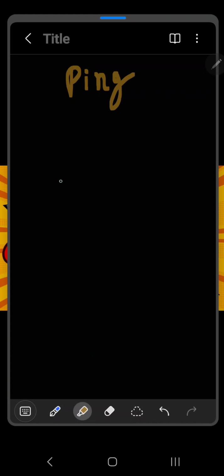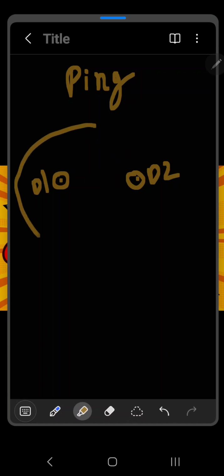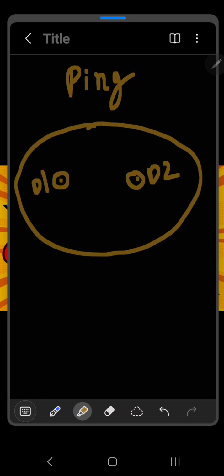I'm going to take a small example of two devices, D1 and D2. These devices can be a phone, a computer, or a server. Let's assume that they're connected inside this network. Now, for the communication to happen between these two devices, a signal has to be sent from one device to another. This signal is called ping. Now, for the communication to be successful, that signal has to return back to the first device,